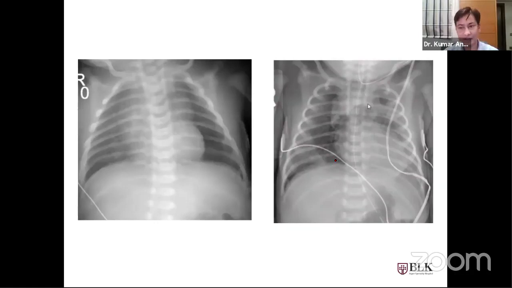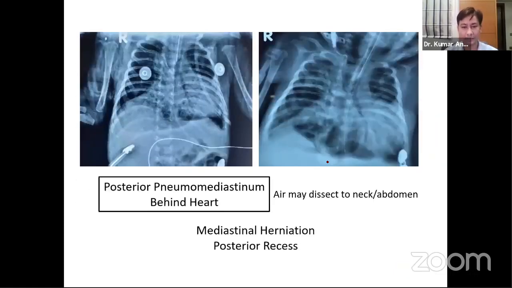Like in this case, it's very clear. You can see the margin of the thymus, both the right thymus and the left thymus, they are uplifted. But again, the visceral margin of the lung is also visible. So it's a case of both pneumomediastinum as well as medial pneumothorax. Sometimes you can find this type of X-ray in a very sick patient on a high ventilator setting.